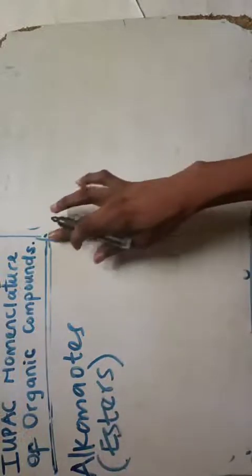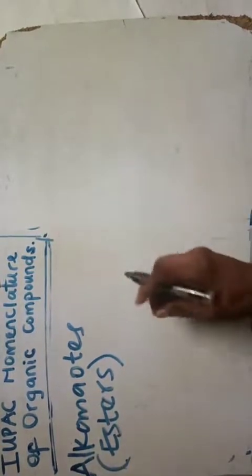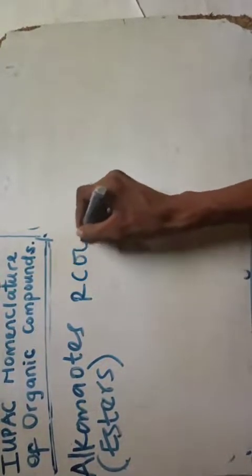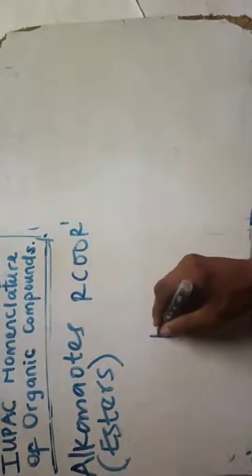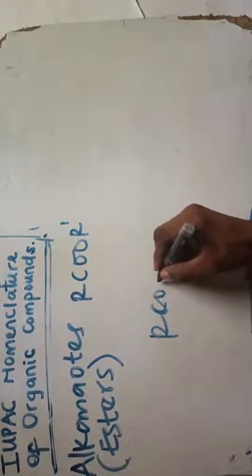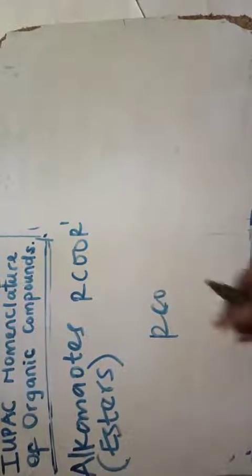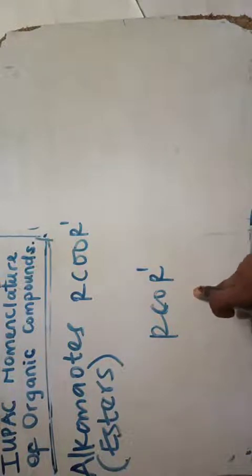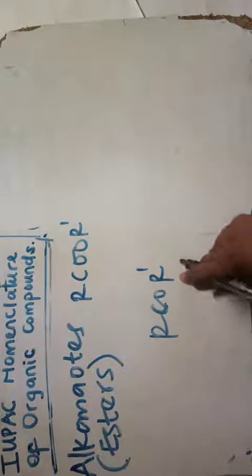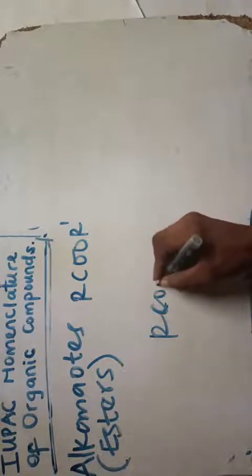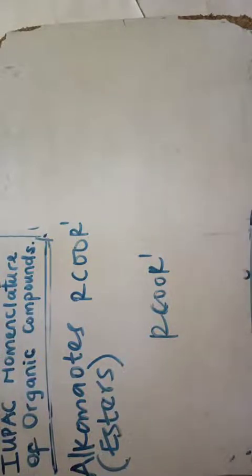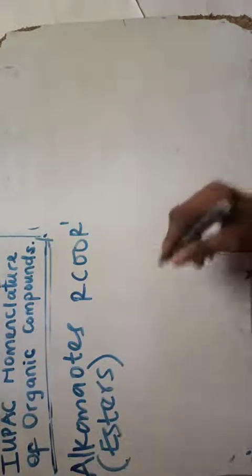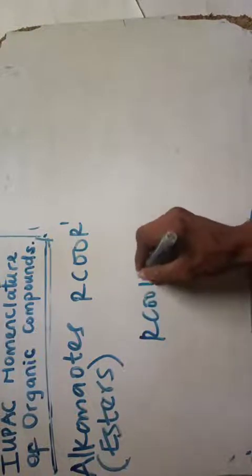So the functional group, if you want to write it out, is just like your alkanoic, but it is RCOOR prime. If you remember, the compound that has RCOR prime is what? Alkanone. So if I have a single O added to it, like this, that is what alkanoates are. Now just the way you draw your alkanoic, if you remember, alkanoic is RCOOH.